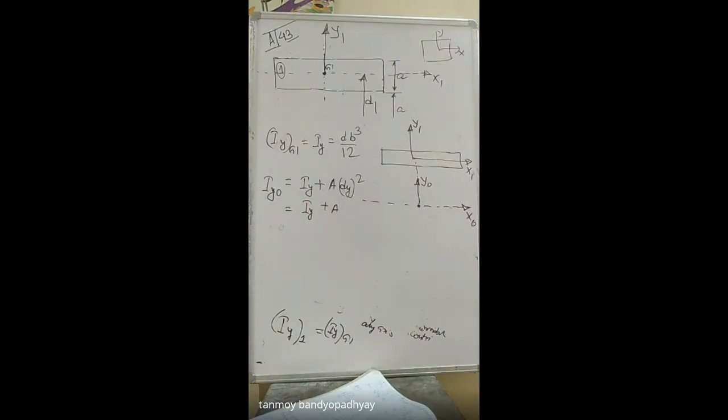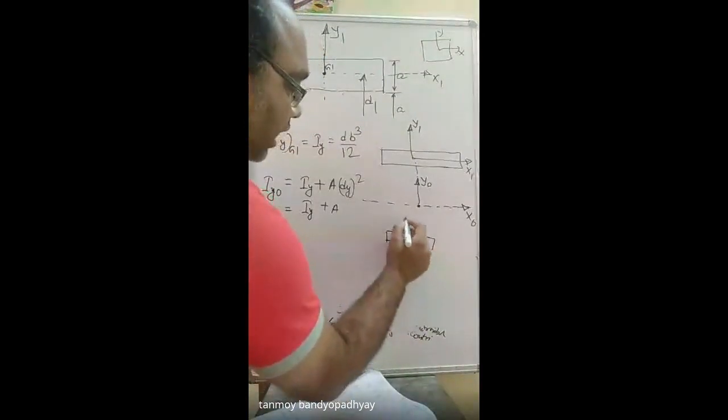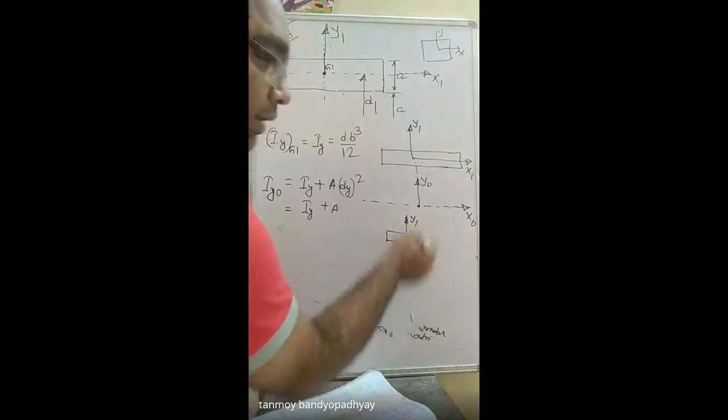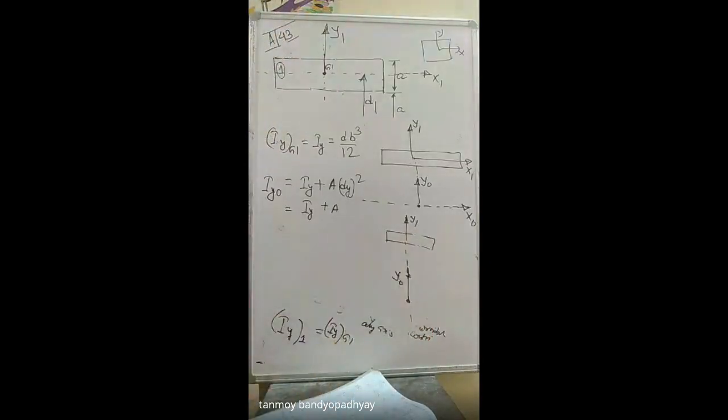Understood? When do we apply the parallel axis theorem? When the axis systems are parallel. If they are coincident, when you have two objects and the axis systems are coincident, say there is an axis here and I am getting y1 here, then at every point on this axis the y1 will remain the same. So you calculate at this point, Iy0 will be equal to Iy1 itself, because the axis systems are coincident.